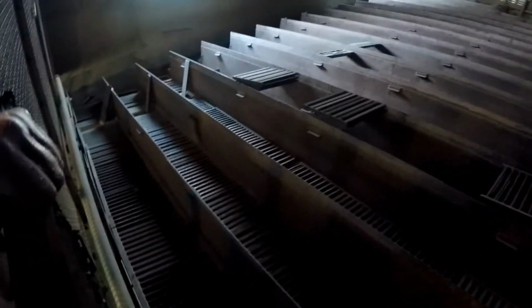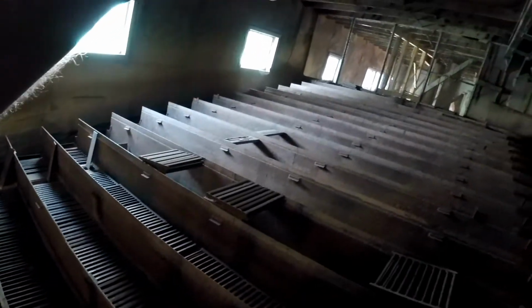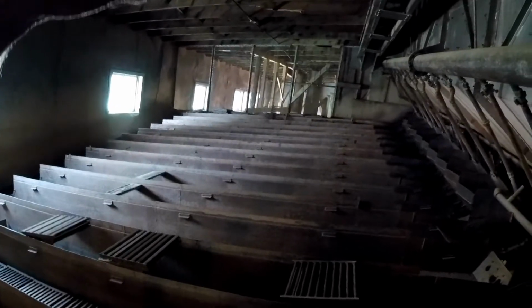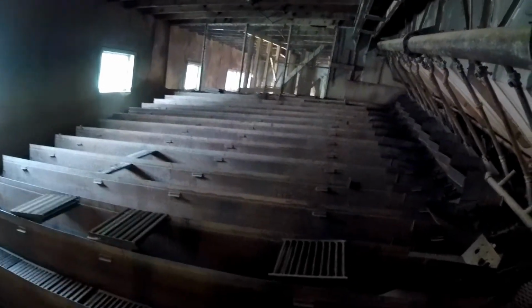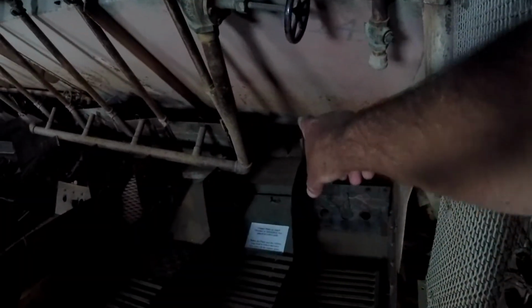So these are the sluice boxes. 1, 2, 3, 4, 5, 6, 7, 8, 9, 10, 11, 12, 13, 14, 15, 16 of them. So as this trommel was turning and all of that small stuff was falling out, it would come out of those little openings right there, and then the water was sprayed. This was the normal pressure, not the high pressure water. They could control it to wash these sluice boxes out. All of that material would wash through there, and then